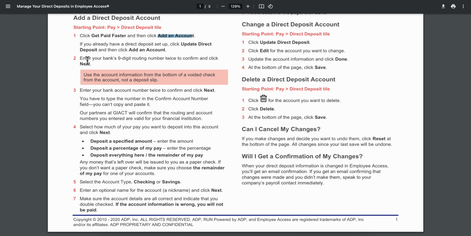Now what you're gonna have to do next is simply enter your bank's 9-digit routing number twice to confirm and click Next. Then you're gonna have to enter your bank account number twice to confirm it and click Next again. Now you're gonna have to select how much of your pay you want to deposit into this account and click